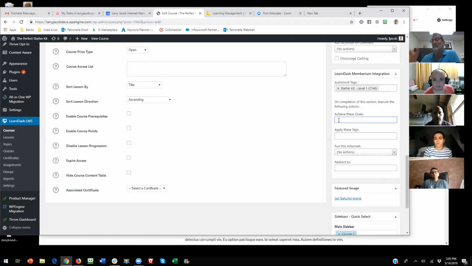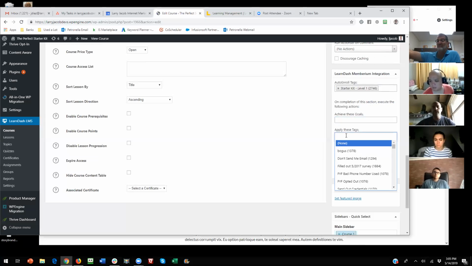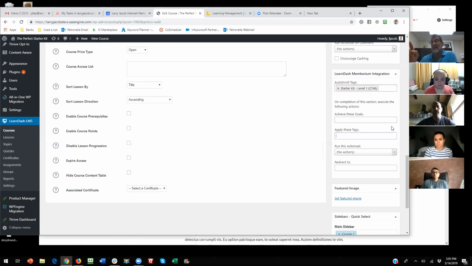This here would be the string that you add to an Infusionsoft API goal in a campaign builder. This here would correspond to a tag goal. And it doesn't have to be a tag goal, but typically that's how you do it. It's like when people finish this course, start this sequence over in Infusionsoft. And that could be an attaboy kind of email. It could be just a completion tag, and you set a timer over in